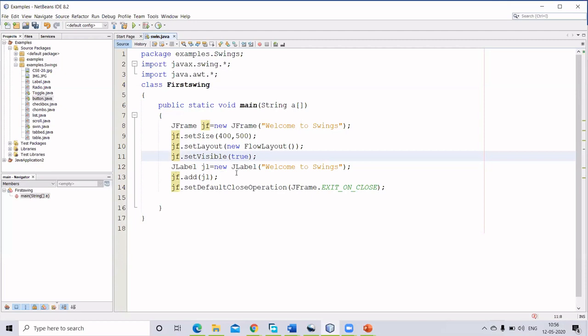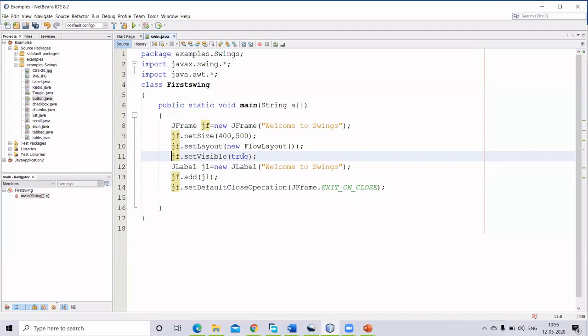Next, to add any label, as an example I added the label. You can add a button, a radio box, a combo box. One by one we will discuss. So first, for a simple example, I added a label. A label is not going to read any content from the user. It just displays whatever strings we have passed into this constructor.